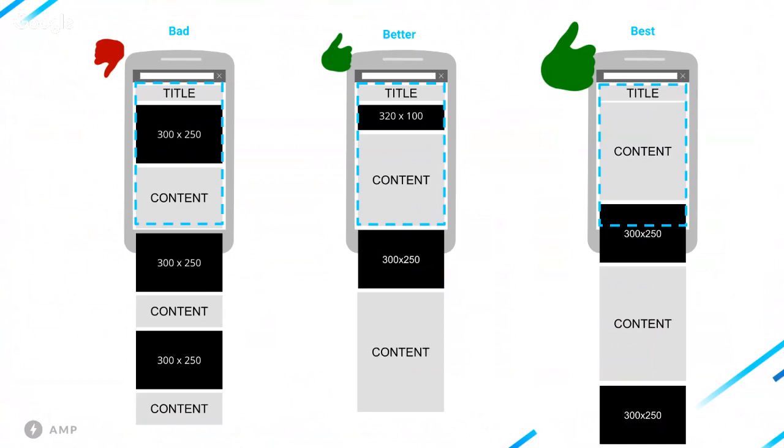In case you are curious, this is how I would consider the order of different layouts in terms of performance. This is coming from my background with AdSense and DFP, so it might be a little different if you're using a third-party ad network or direct deal. But based on AdSense, DFP, and AdX, the first one is bad because, as I mentioned, sometimes users might quickly scroll down to the content before they look at the ads. For the second one and third one, the reason why the third one is the best is that for AdSense and AdX, usually 300 x 250 performs much better than 320 x 100,